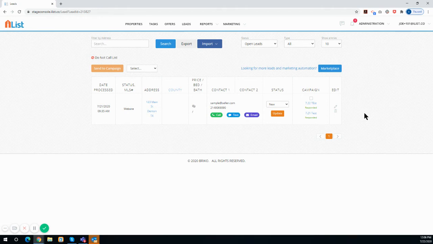Now, let me show you a really cool feature. This is one of my favorite features we built in. It's a little thing, but it goes back to keeping things organized. So to get back to your campaigns, you can either click on the campaign name right here, or you can come to marketing and go to your marketing campaigns. When it opens up your marketing campaigns,